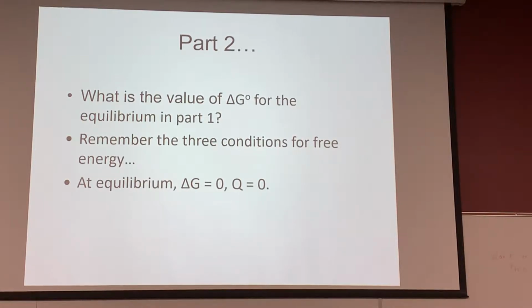Okay. So remember that for free energy, the three conditions, you can have delta G positive, negative, or zero. And if delta G is zero, then the system's in equilibrium. If that's the case, then when you go to this final equation down here,